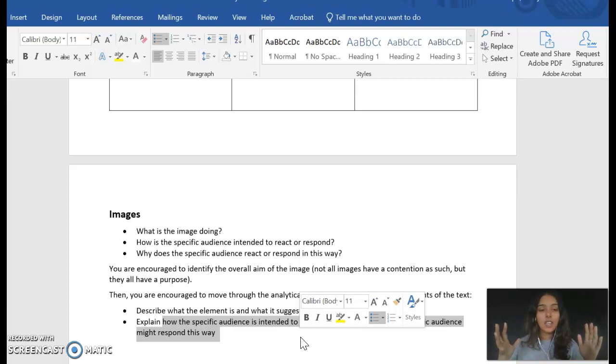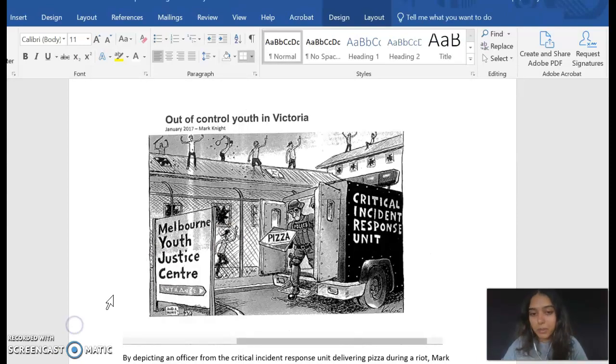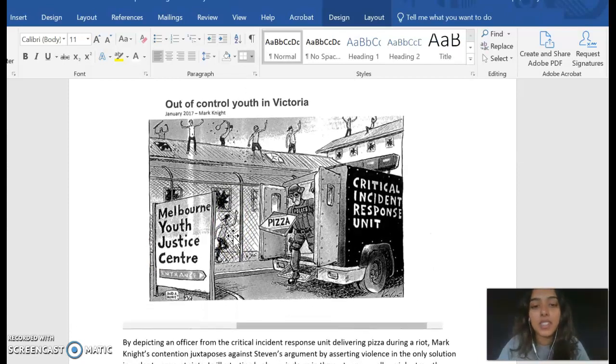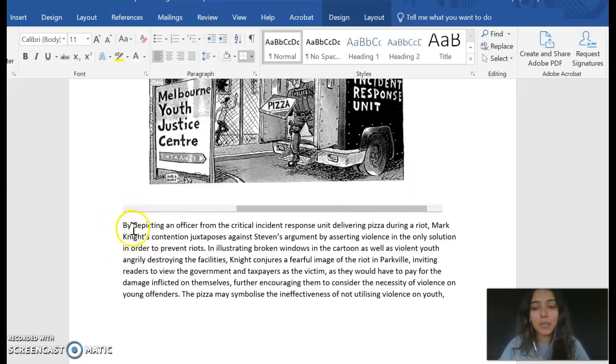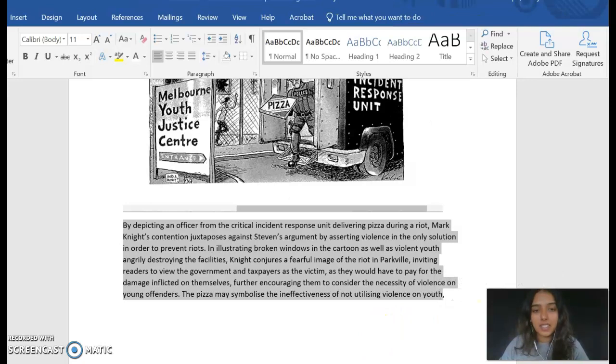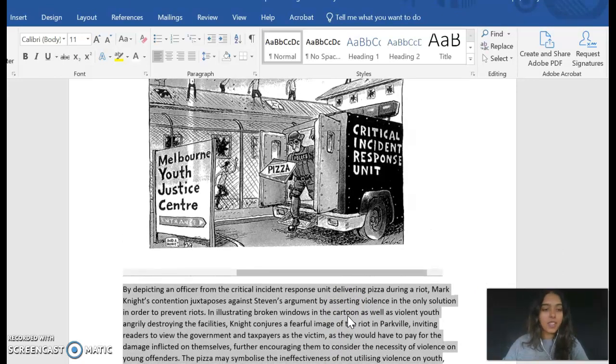Remember, it's just visual elements. Why is it persuasive? You tell me that. So we're going to look at this example. This is the one we looked at in class last week. And this is a sample response from a year 12 who actually did this SAC a couple of years ago. So remember, basically you are identifying and describing the different elements in the image, and then how they are persuasive